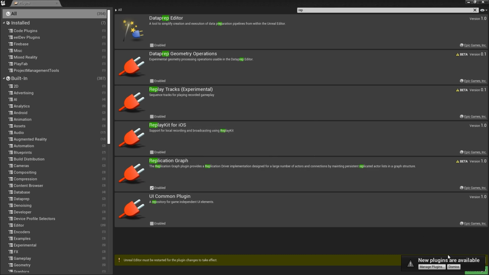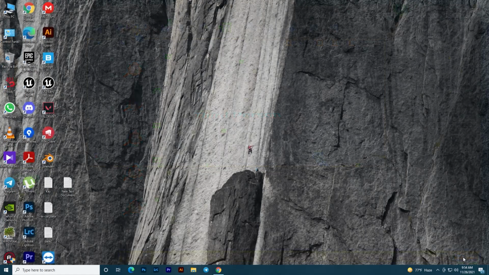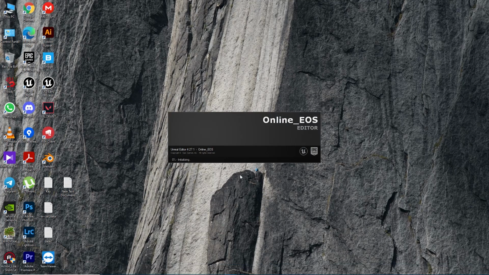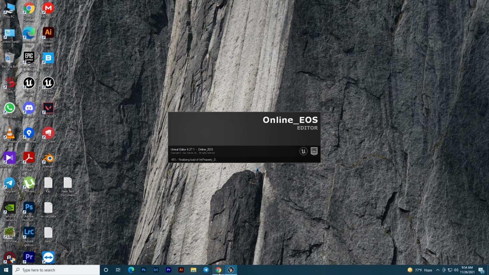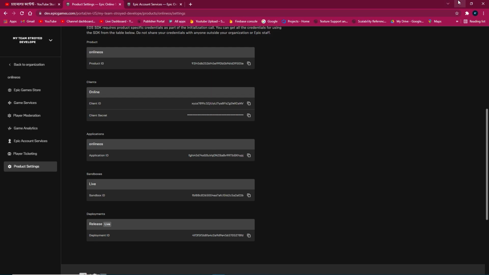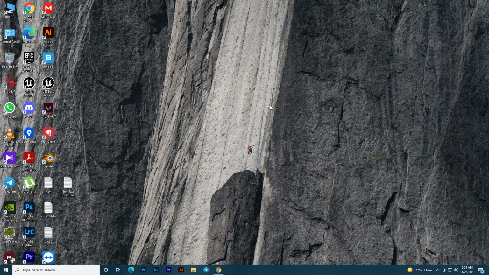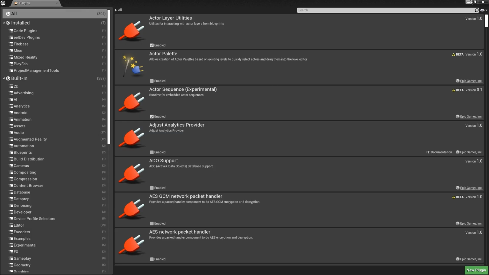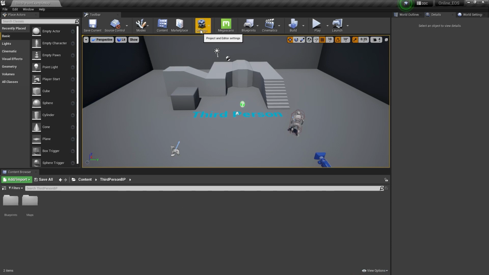Okay, make sure that is enabled, and once it's done, click on restart the project. Now it will add some plugins in your project, so we can basically add this stuff directly into our Unreal Engine without any SDKs or NDKs, okay, whatever. Now we'll go to settings, project settings.